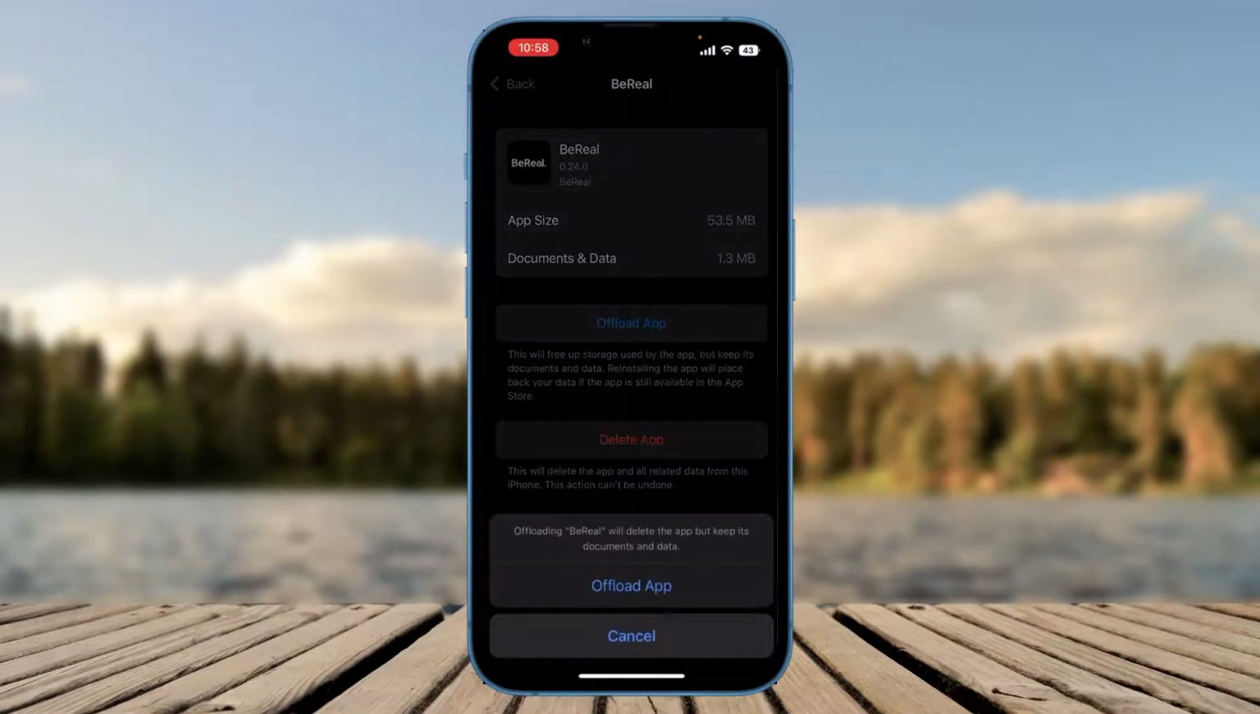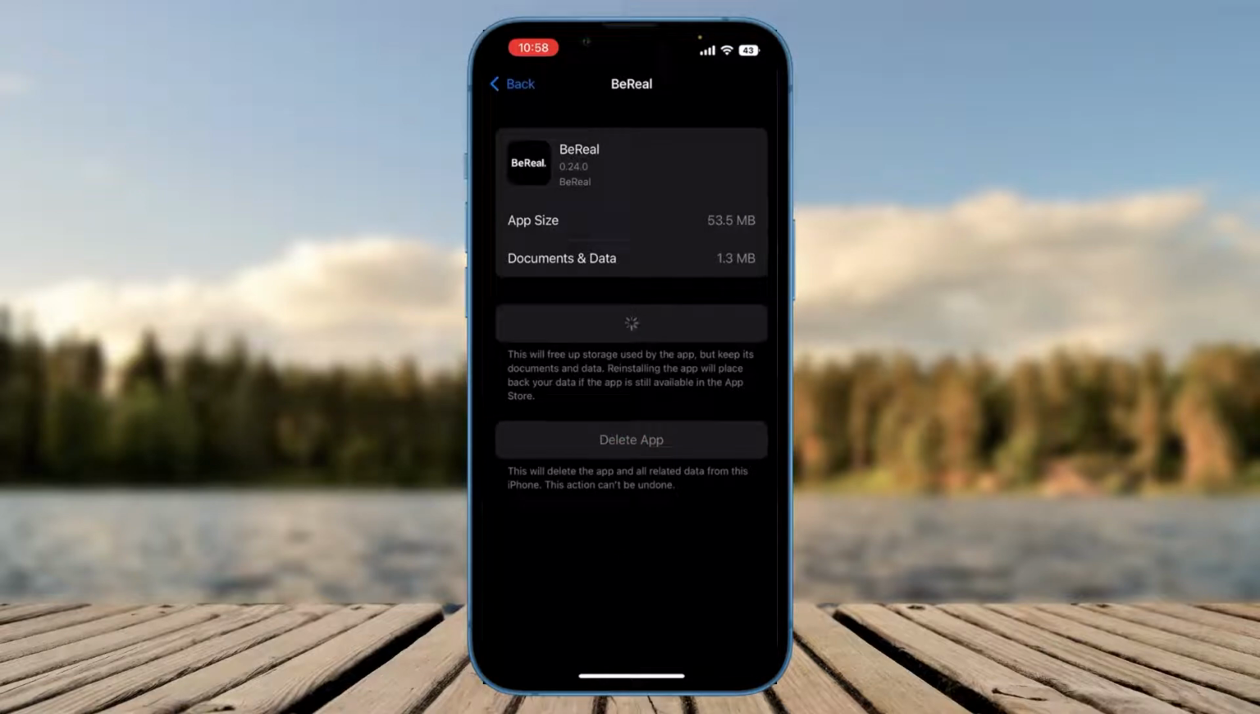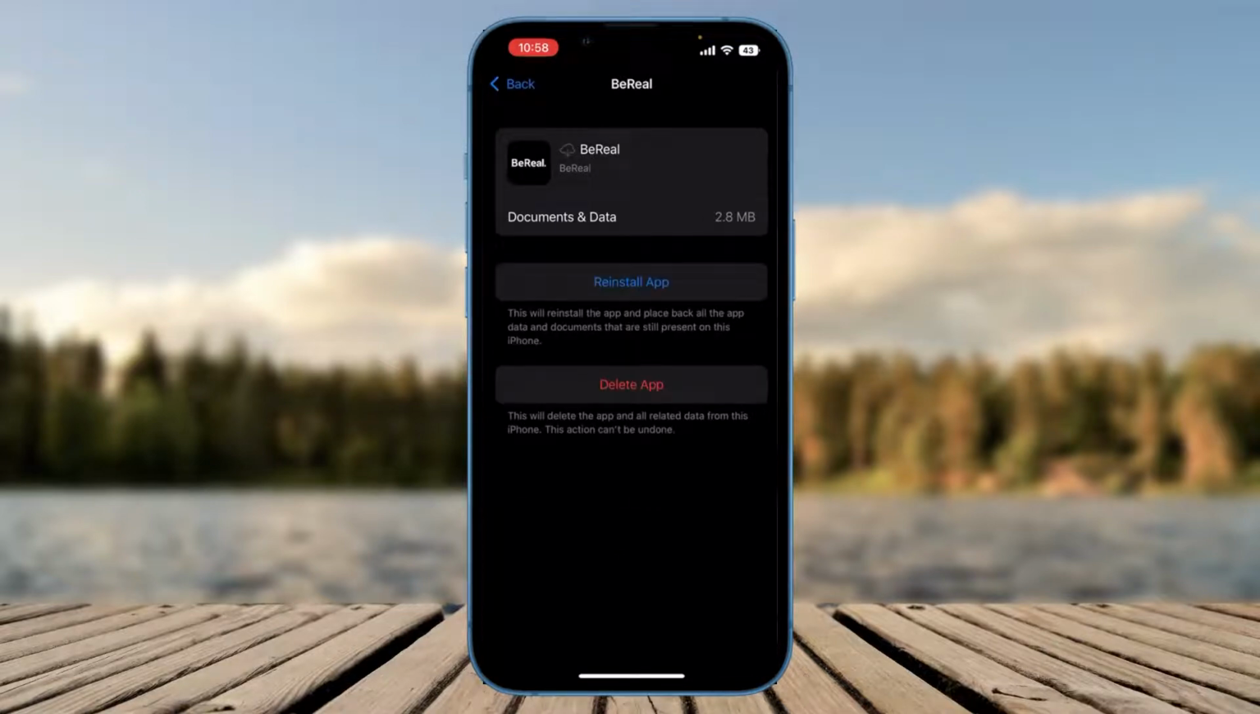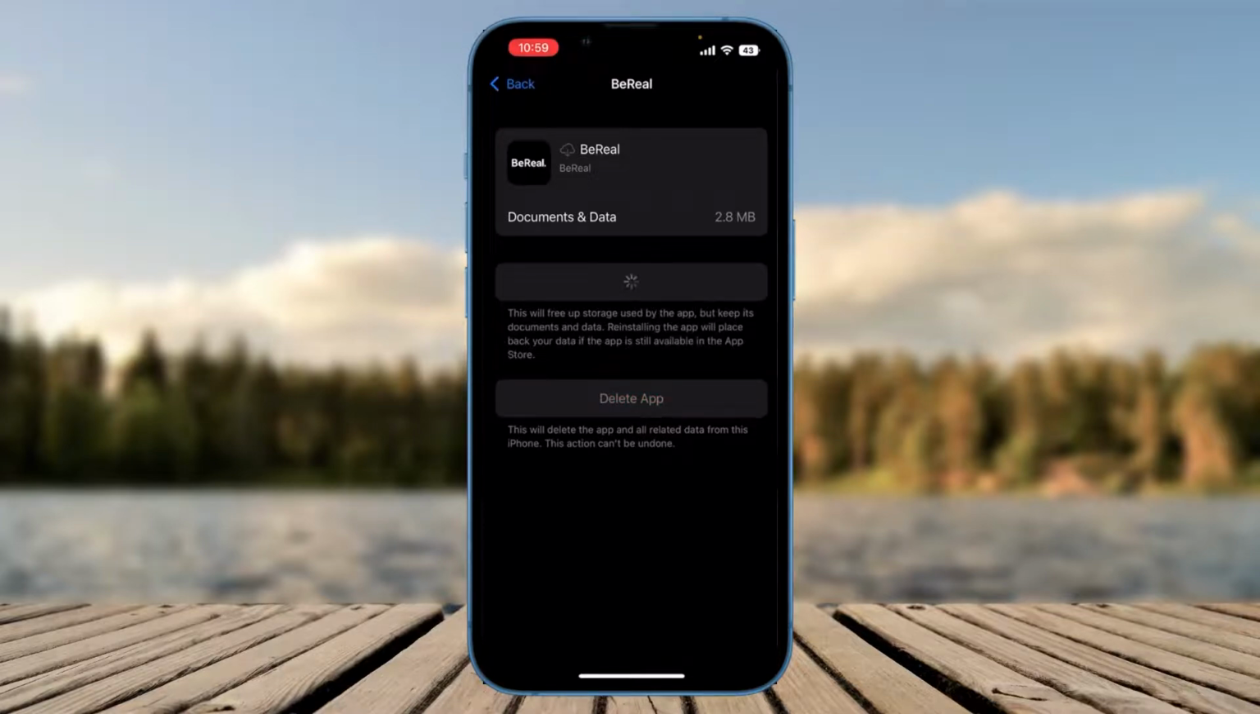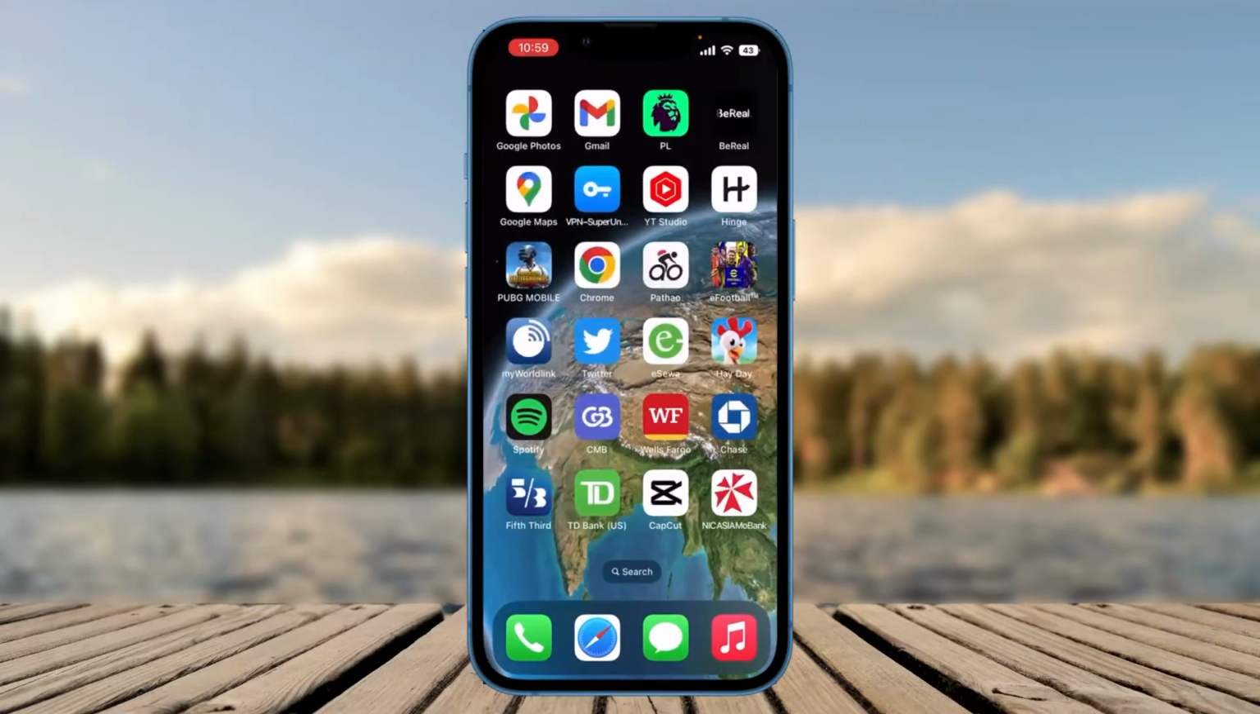Click on the option of offload app to clear the cache of the app which has been used by your phone. So it also means that you are simply uninstalling the app. So click on the option of reinstall the app to fix the problem happening on the BeReal app. So wait for it to get downloaded on the device. As you can see, it has been installed. So this is how you can fix the BeReal app not working